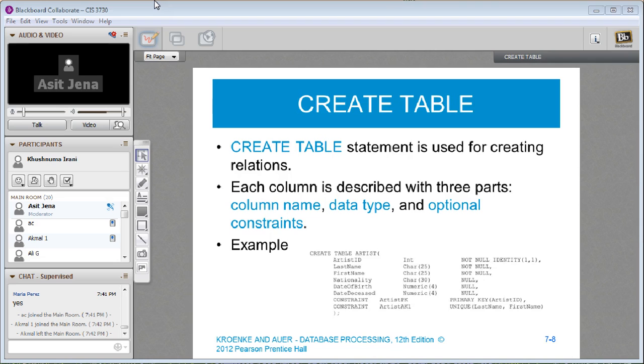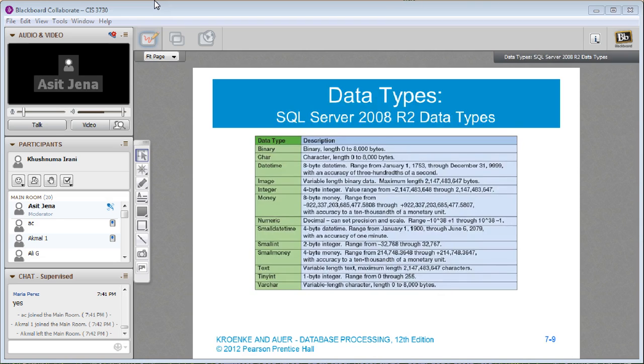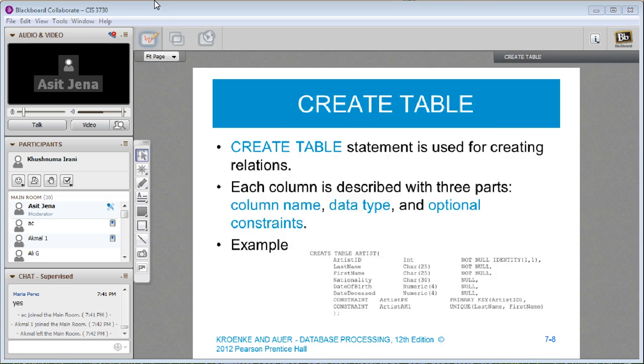So when you are creating the database, you need to know what data types you are going to use, and why those data types are best for the type of data that you are going to store. The data type is primarily based upon the type of data that you are expecting to store. Here is an example: let's say date of birth.